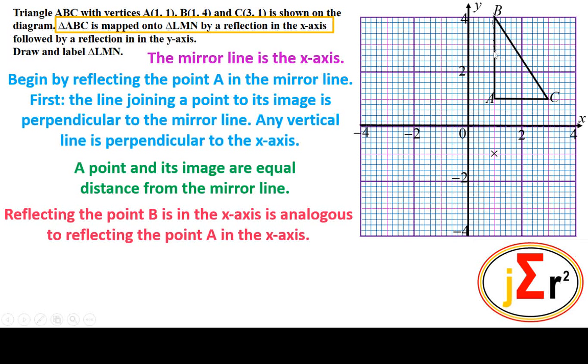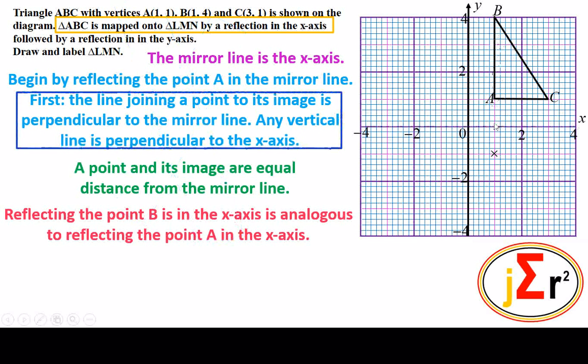If we take this line of the grid, which of course coincides with one of the sides of the triangle on this occasion, this line that goes from B down to the mirror line is perpendicular to the mirror line. It is a vertical line. The line joining a point to its image has to be perpendicular to the mirror line, and that vertical line is perpendicular to the mirror line. Then what we need